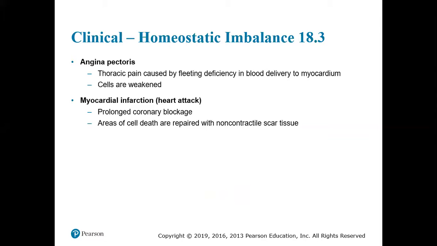So we have a clinical here, angina pectoris: thoracic pain caused by a fleeting deficiency in blood delivery to myocardium. As a result, the cells become weakened. Why do they weaken? Because they don't have the blood flow. The blood flow is taking oxygen, and oxygen was needed for ATP. The cells become weakened. They don't have the energy, so they can't do all types of metabolic functions, anabolic, catabolic